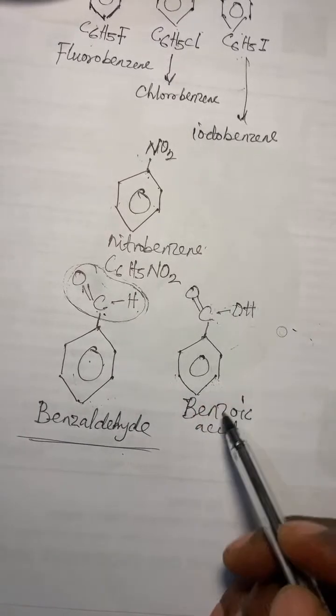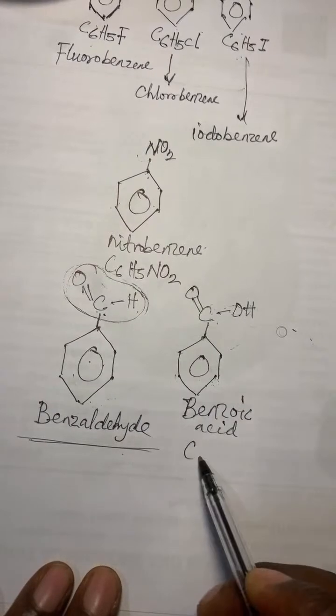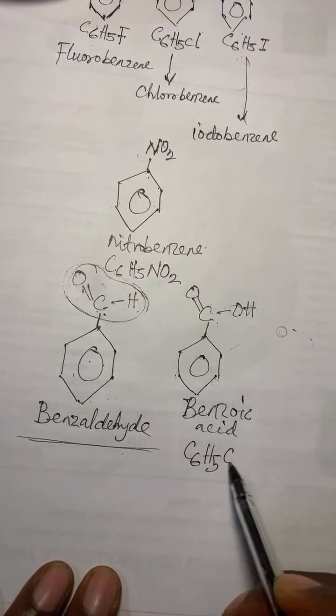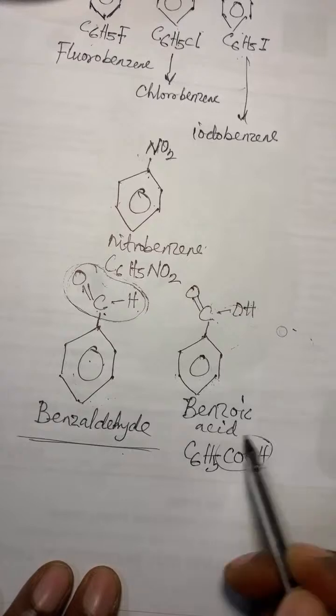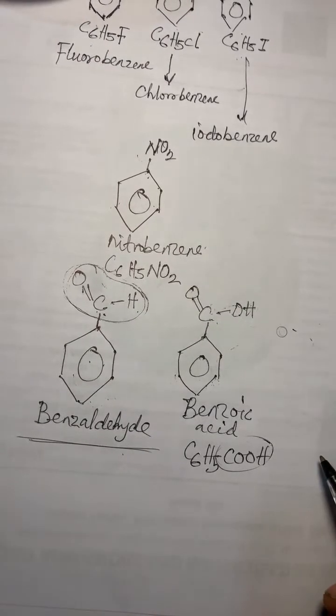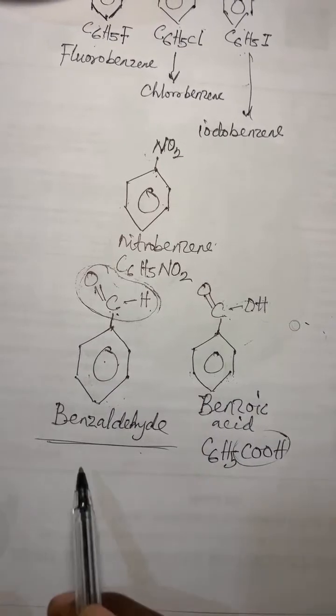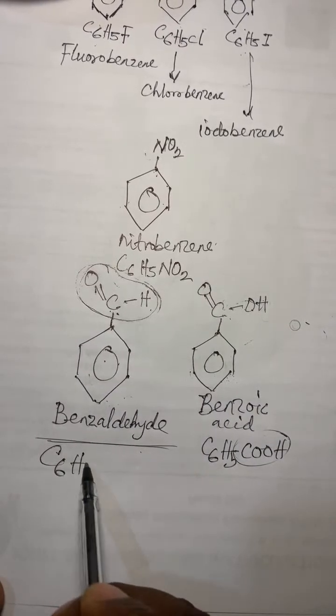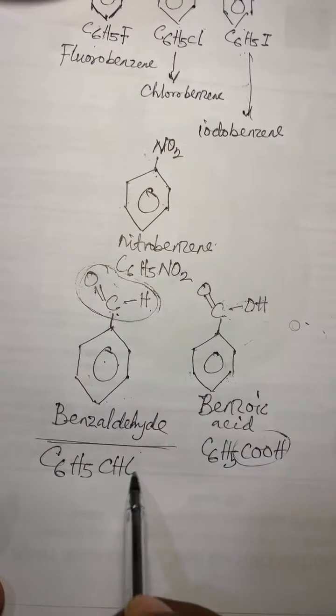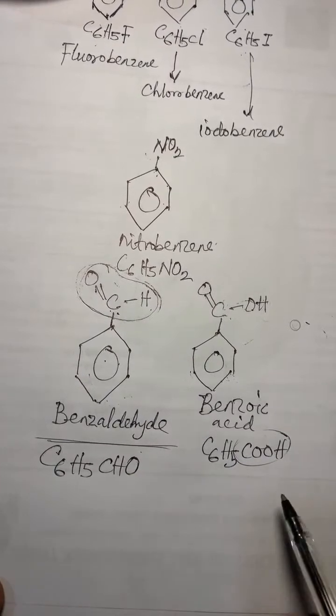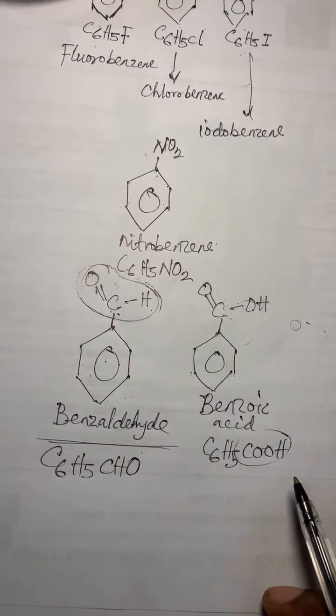You can write it like this, COOH. The formula will be C6H5COOH. This COOH is a carboxylic acid. How many of you are familiar with that in organic chemistry? Then this one we have the C6, that's the molecular formula, CHO. When you see CHO, just know that's coming from the aldehyde functional group.